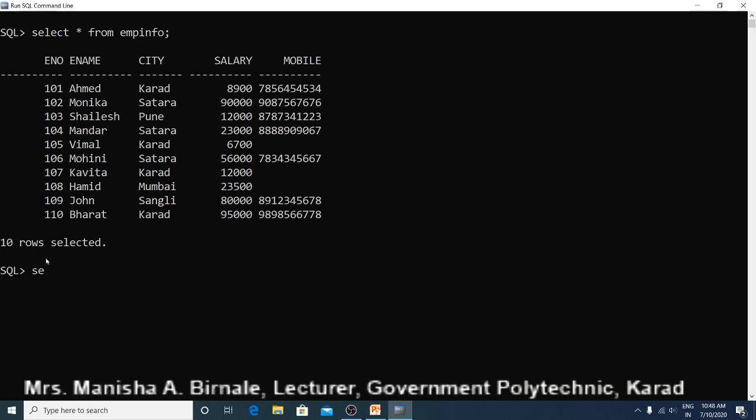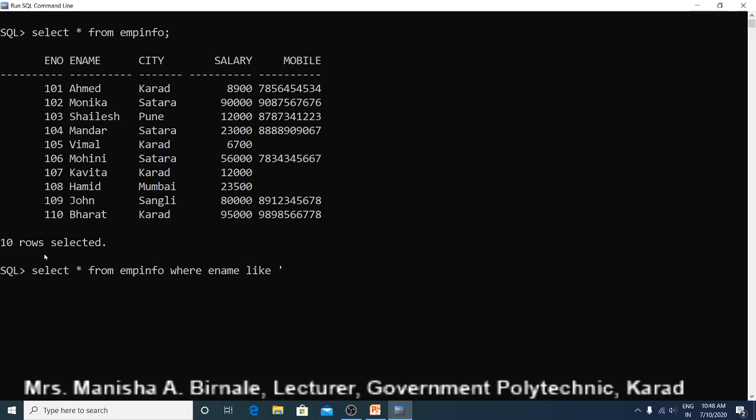So we have to write the query SELECT. As we want to display all information, we have to write star. SELECT * FROM empinfo WHERE, which column do we want to check? ename, because the name should start with M. So WHERE ename, then use the LIKE operator, ename LIKE, and you have to specify the pattern here.